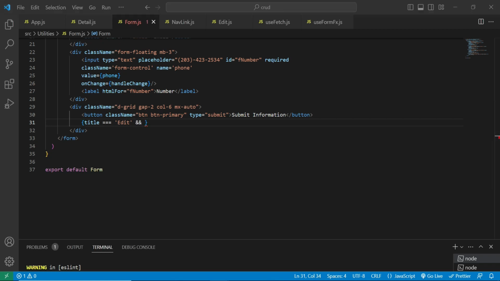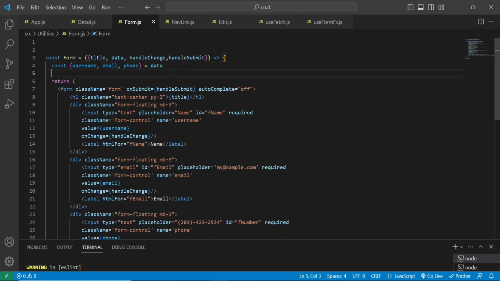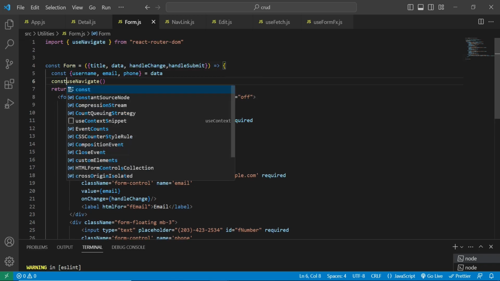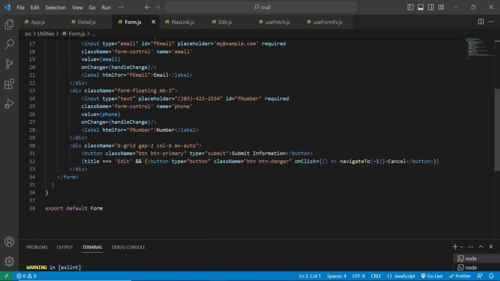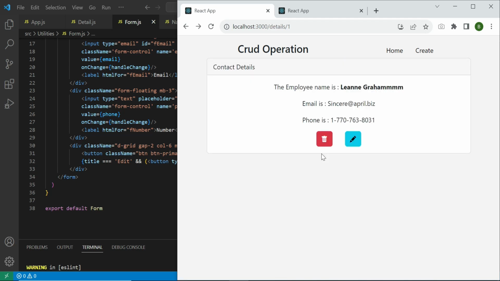So this button has a click event, and that click event is going to be navigate to, but of course we need to call that, I mean use navigate. So const navigate should be equal to the use navigate hook that is coming from React Router. So after I set that, I believe that should do it. So let's test it out. So okay, we are on the edit page. If we click on cancel,